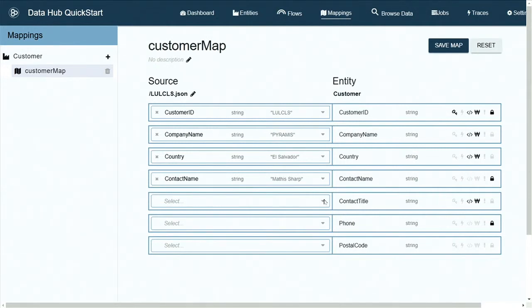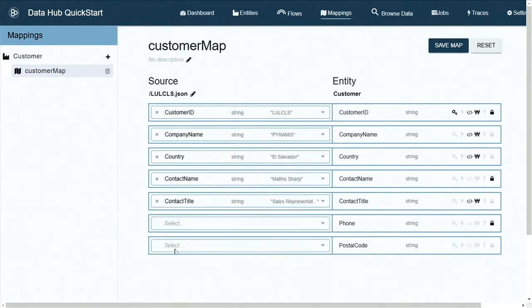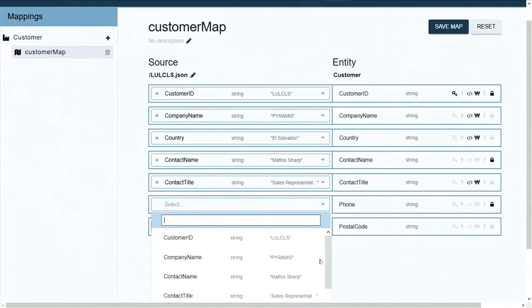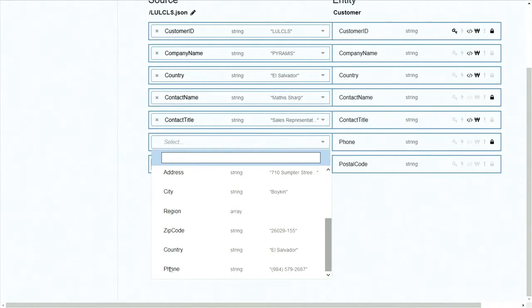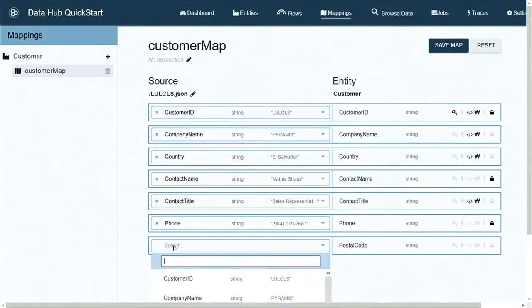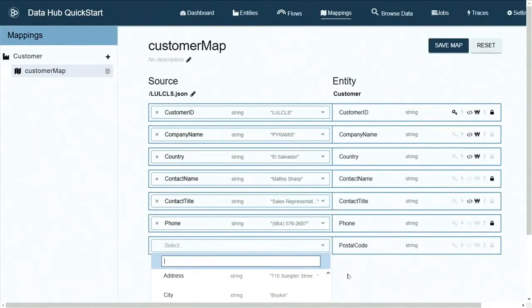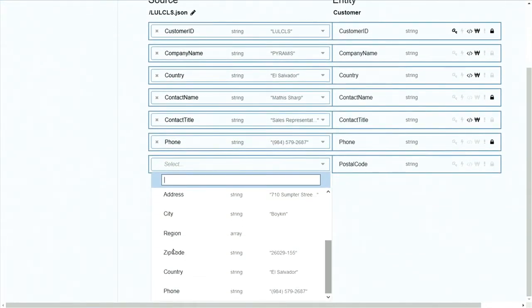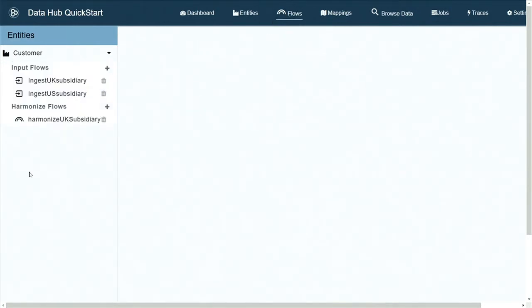Pretty much everything maps to the same in the entity, except the zip code. So here I'm just mapping my zip code to postal code. I save my mapping, and now I can go and do the next step in my